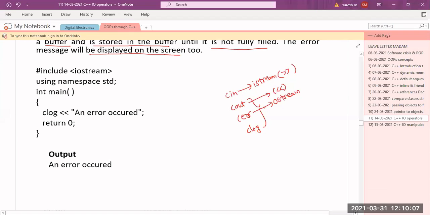And CERR is an object of OStream class which is used to display the errors immediately, and it does not store these errors in a buffer. That is about your CERR. And CLOG is also an object of OStream class only, but unlike CERR, it not only displays the errors onto the monitor immediately, but also stores those errors onto the buffer so that later we can see them. That is your CLOG.